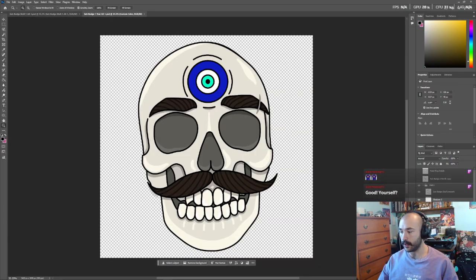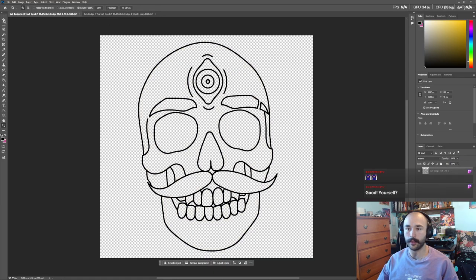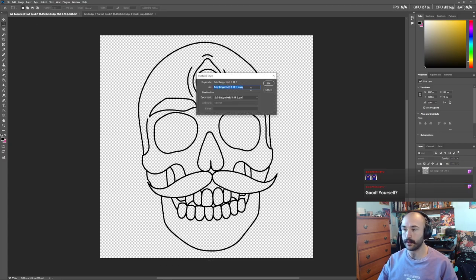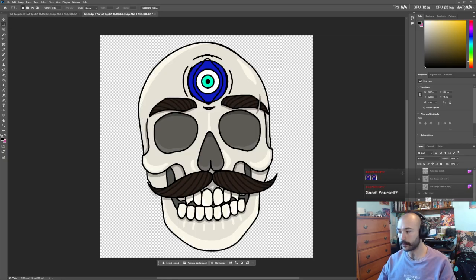So all we have to do here is take this line work, this layer rather, duplicate this layer, okay, into this document. And literally the only thing we'll have to do here,